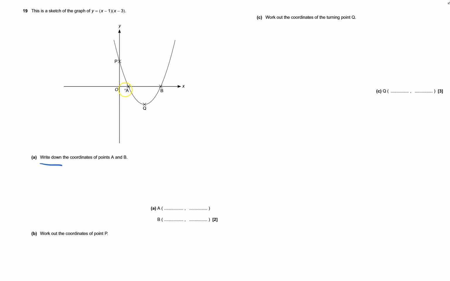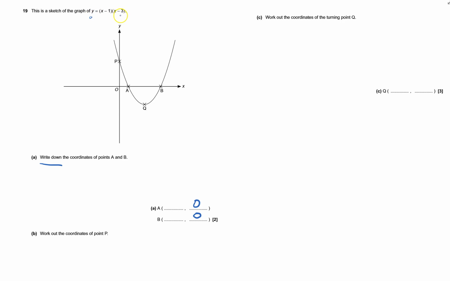Well, certainly the x bit, the y bit is certainly 0 because it's there on the x-axis. So the y bit is definitely 0. How far across has it gone? It's certainly positive. So let's just see. So it's going to be 0. So if y is 0, then we've got 0